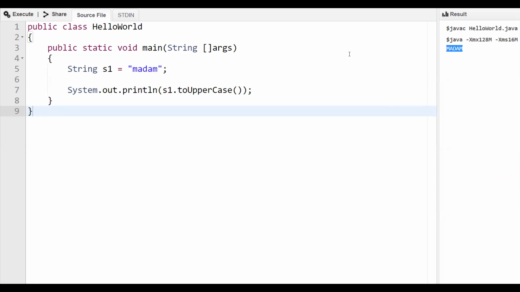So what is the need of converting lowercase to uppercase? In real world applications, what happens? Many reports we need to print, and they have to be in standard format. For example, when we print your IA marks list, we want everybody's USN to be in uppercase. At that time, these kinds of methods are useful. Whenever we are generating a PDF, we'll use this.